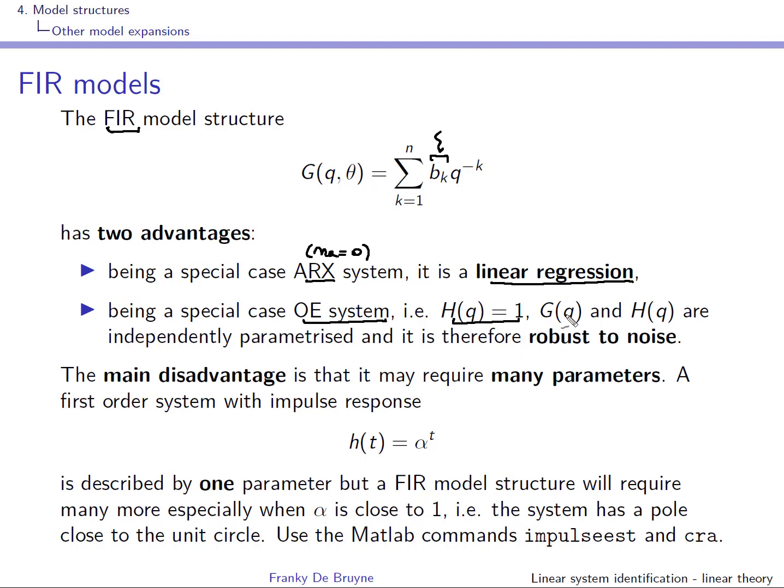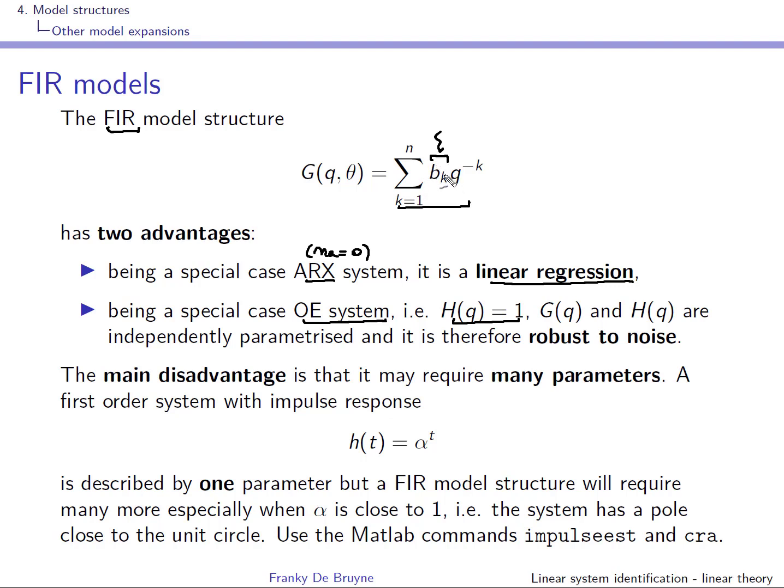Since in this case G and H are independently parameterized, it will give you a model that is robust to noise and is also good in simulation. Well, it cannot all be advantages. The disadvantage of using an FIR model is that they require a lot of parameters. You have to identify every parameter in